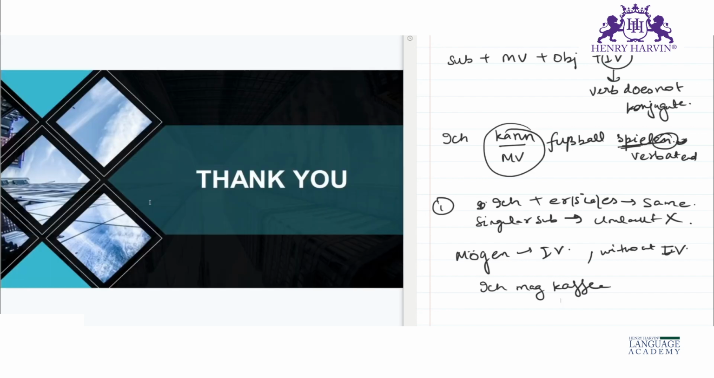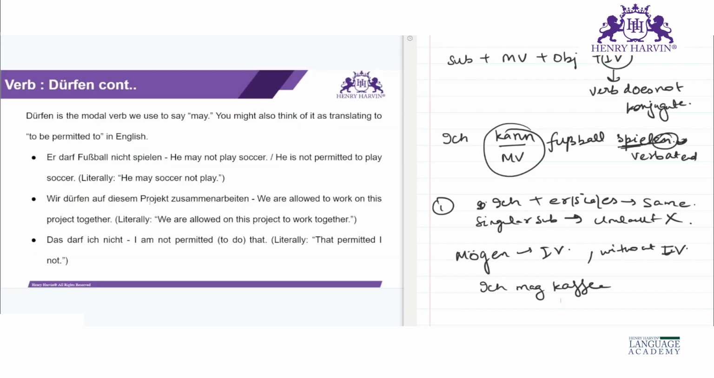These are the verbs that we have, and you should go through all the modal verbs. Conjugation is the important part. Here you also have some examples given, like er darf Fußball nicht spielen, wir dürfen auf diesem Projekt zusammenarbeiten. You can just go through these and see how